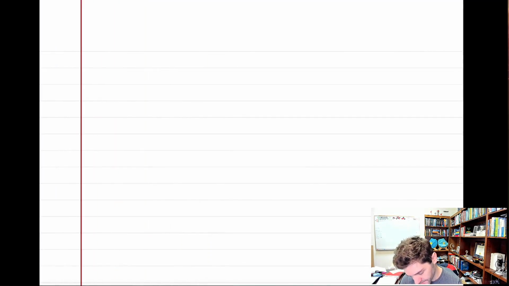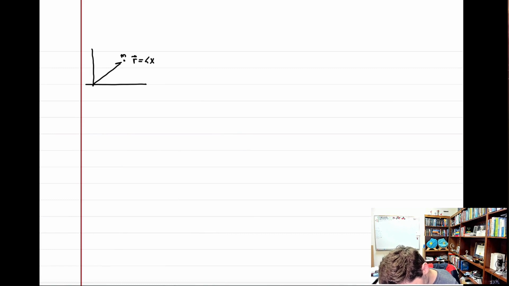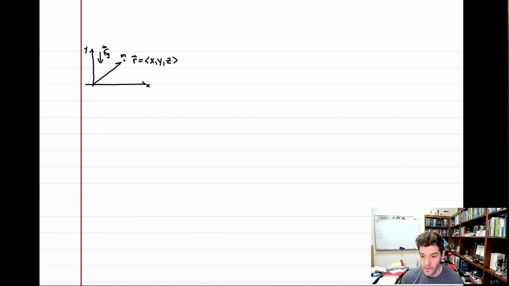So let's do a simple one of just gravity first. Right, so I have some particle here that has some mass m, and based on my origin, it has some position, which might be x, comma y, comma z, even though I'm just drawing this in 2D. And there's a gravitational force that is pointing in the y direction. And if it starts at a height h above the ground,